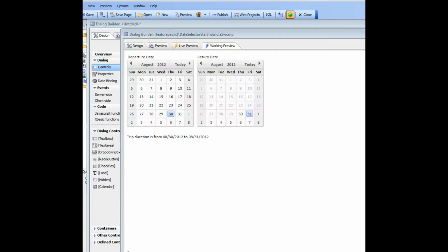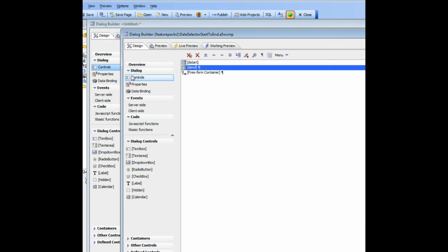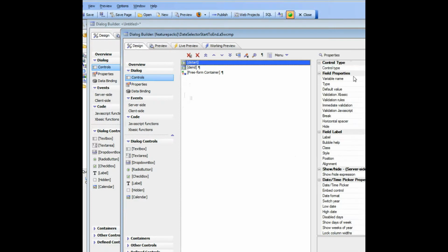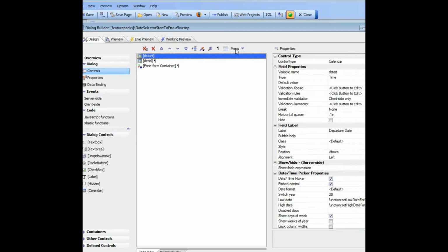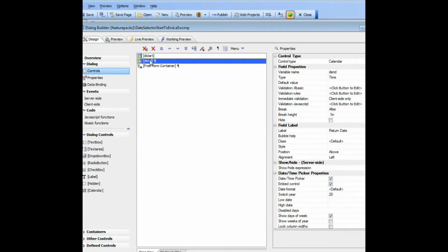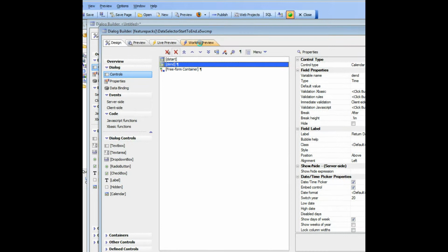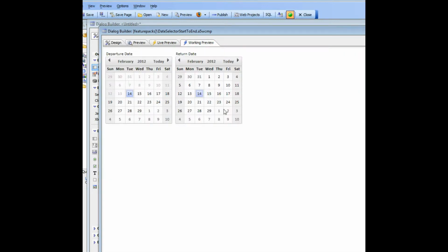In a previous video we showed how you can use the new calendar control on a dialog to put an embedded calendar directly on the dialog. So you can see here I've actually gone ahead and put two calendar controls on, D-start and D-end, and they're both calendar controls. When I go into working preview, you can see I have two side-by-side calendars, and in this particular case we're